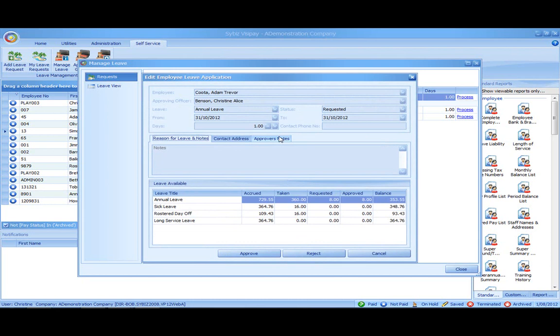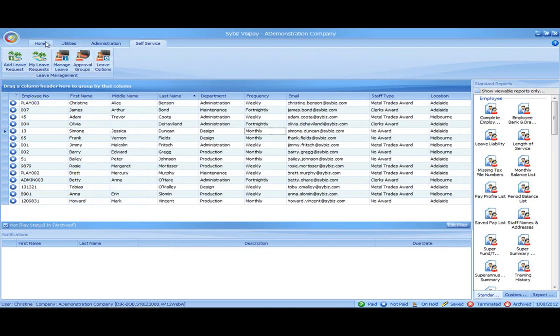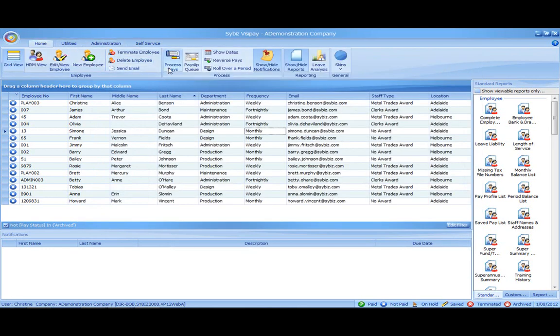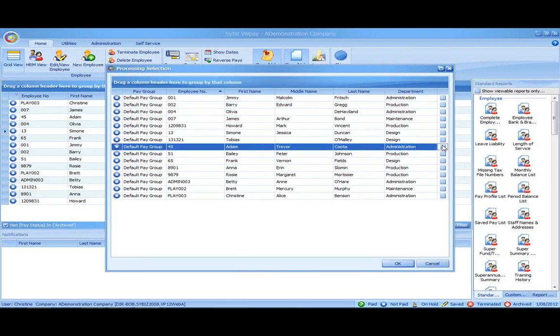And especially in the case of a rejection, there's the ability to define additional notes as well, so that when the rejection goes back to the employee, it's justified and they can understand why it was rejected on that occasion. So we'll keep it nice and simple and just approve the leave, and that's all done. So what will happen now is when we go to process the pays, we'll see how that affects that pay processing situation. So we'll just process the pay for Adam,